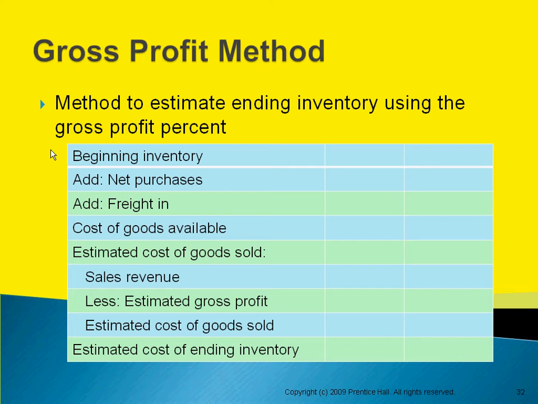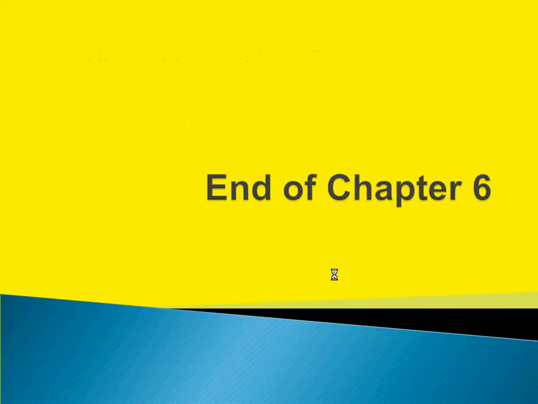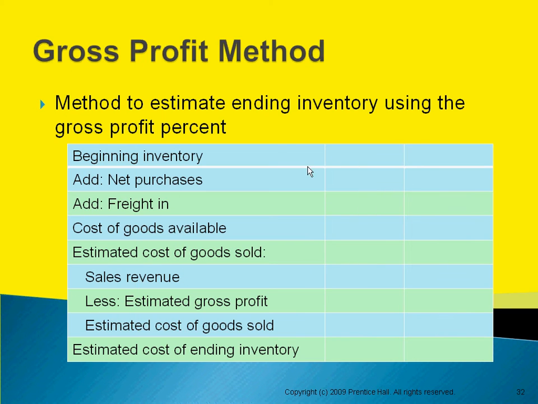Okay, so in order to compute the cost of goods sold, we need to take our formula on slide 44. We take our beginning inventory, add our purchases, subtract any adjustments for returns, add our freight in. This gives you the total goods that are available for sale for the period. If we subtract the ending inventory from that, that must be the amount of cost of goods sold that we